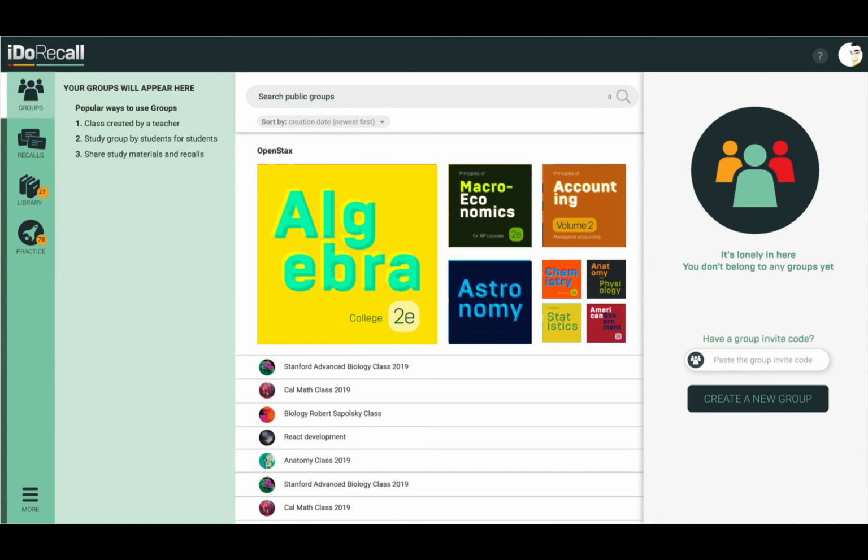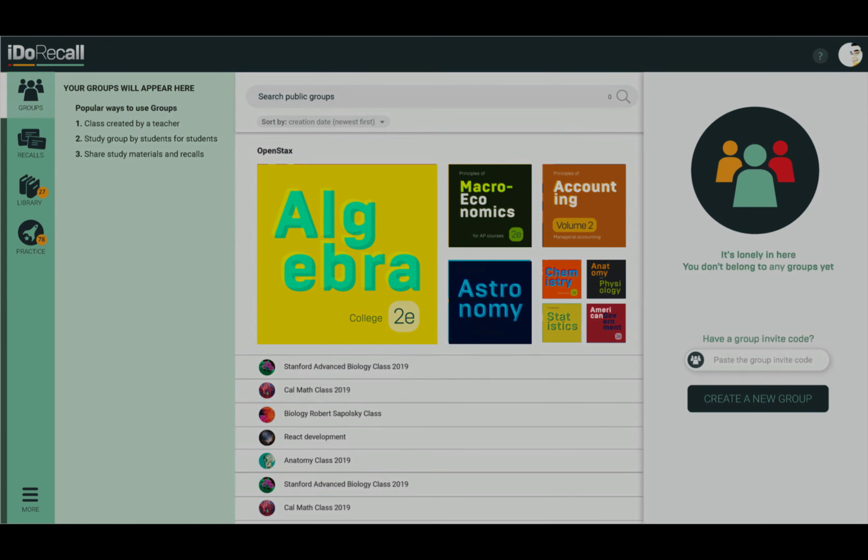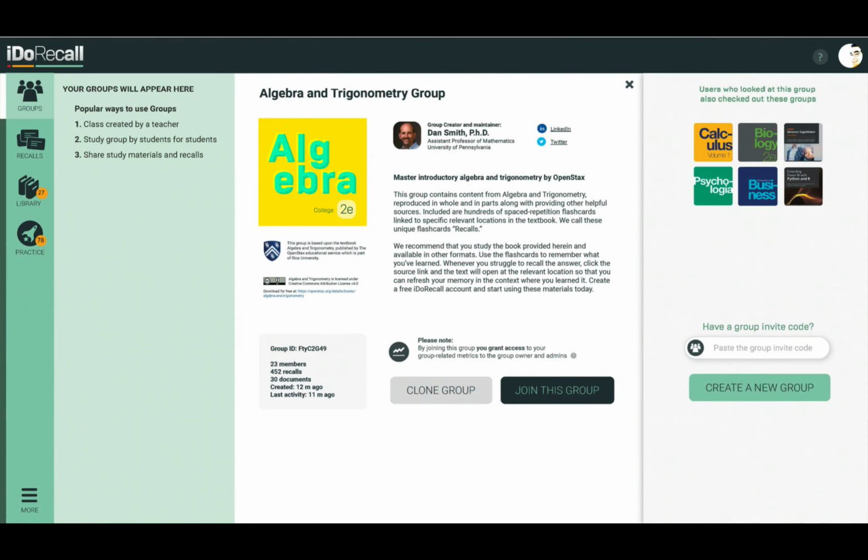Currently, all iDoRecall groups are private. There's no directory of groups. The only way to become a member of a group that you didn't create is to receive a share link and use it. The forthcoming major update of groups will permit the creation of public groups that you'll be able to find and search for in a directory. Anyone will be able to set any of their groups to public state and allow people that they may not know to join. There will also be a featured public groups section that will contain exciting, comprehensive recall sets